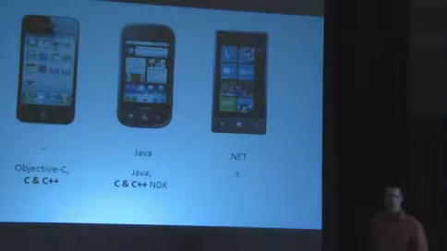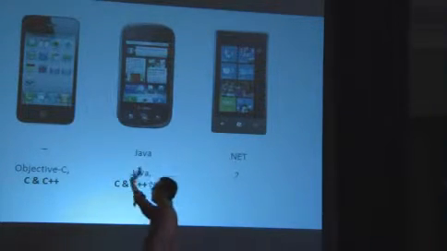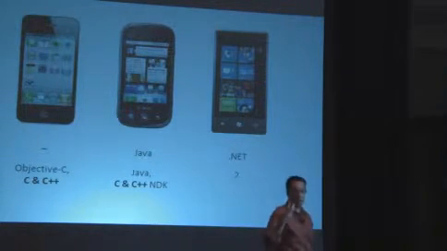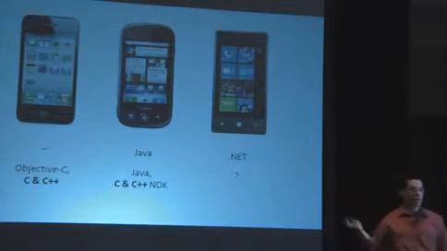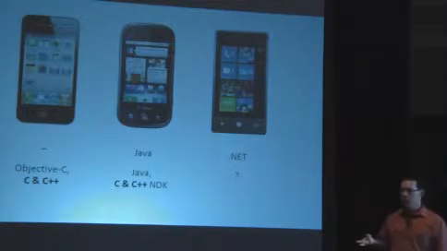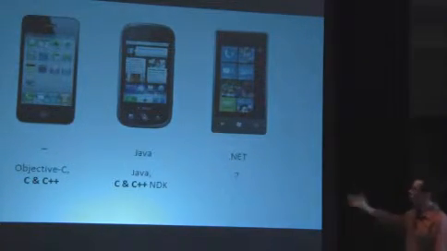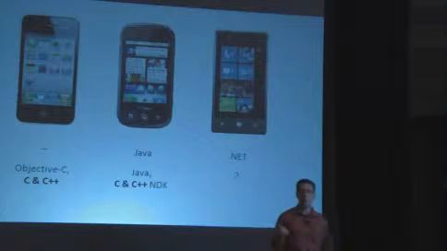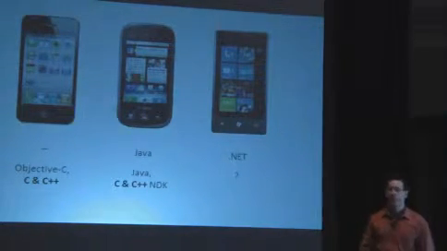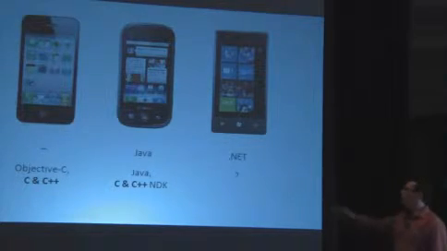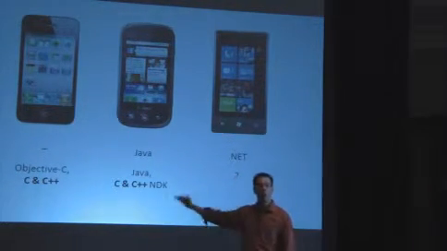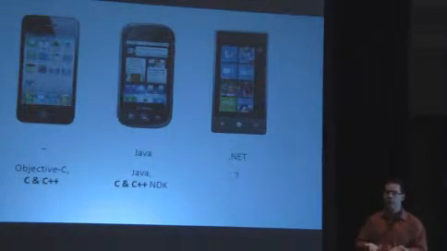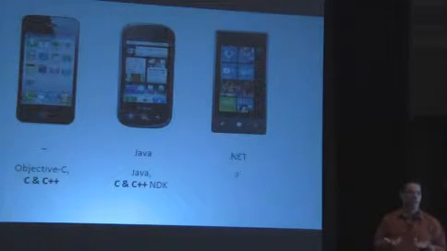What is version 2 of each of these platforms doing? Well, we don't know yet for Windows Phone 7. We do know that iPhone went to Objective-C, C, and C++ as their entire story for apps, and those are all native code. Those are the only 3 supported languages for writing iPhone applications. Android still supports Java, nothing wrong with that, but the native development kit is essential when you want performance, and that means access to C or C++. And we'll see what happens with Windows Phone 7. Just looking at what's been happening, the trend is clear, at least on these first 2 platforms. If you want to get full power out of the device, you are writing native code. And there is only one common denominator here, and that is C++ and C.